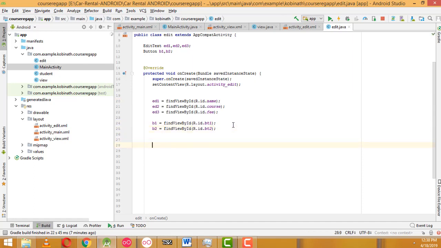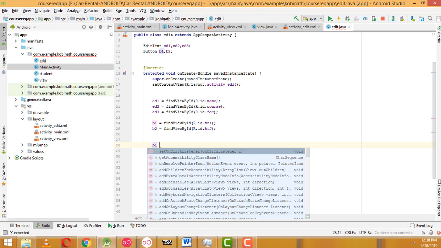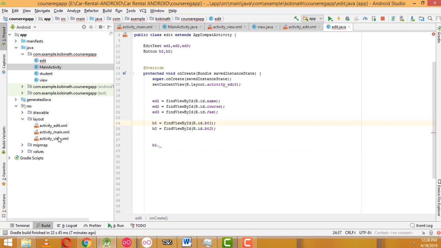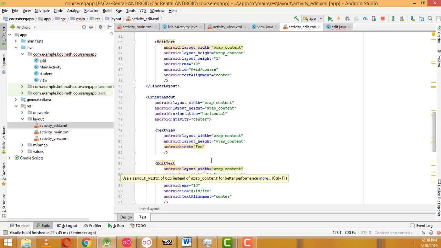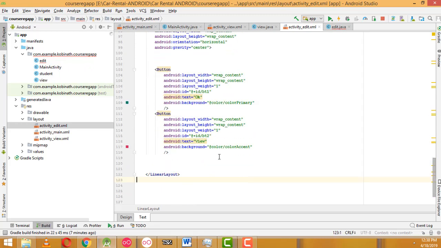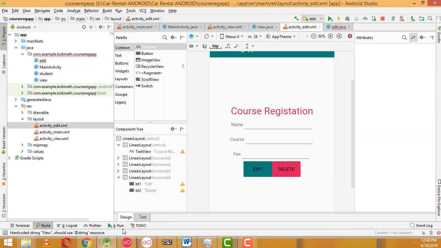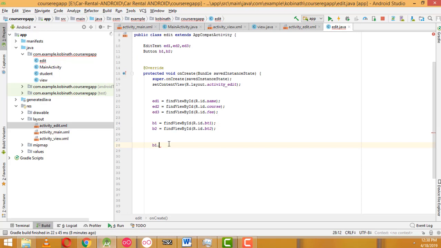After that we have to do this one. This one we don't copy. Set on click listener, first button on click listener. Here I am going to change the button names. This one should be edit. This one should be delete. We have two buttons, right? Okay, edit, delete. Now here what I am going to do is the first button b1 dot set